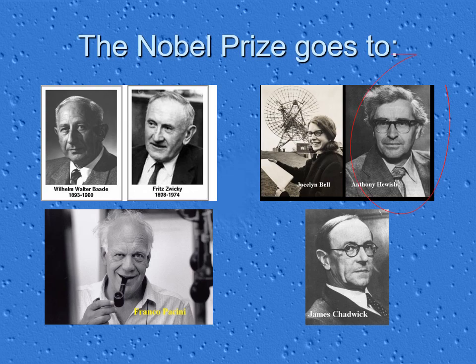Generally, Nobel Prizes don't go to graduate students. There's several big discoveries that have been made by graduate students where their professor got the Nobel Prize. And so that's generally how it works. But everybody knew that Jocelyn Bell had actually done the work. So she actually became very famous for the discovery and for helping her professor get the Nobel Prize. So next thing we're going to talk about, though, is the actual properties of neutron stars themselves.